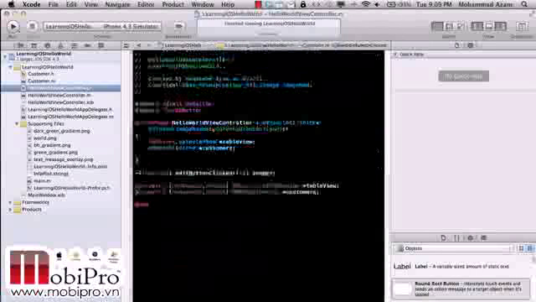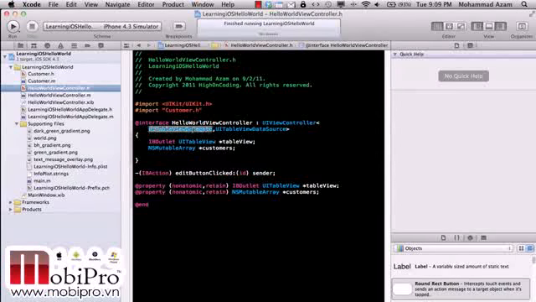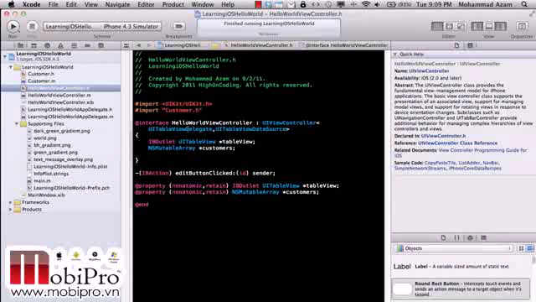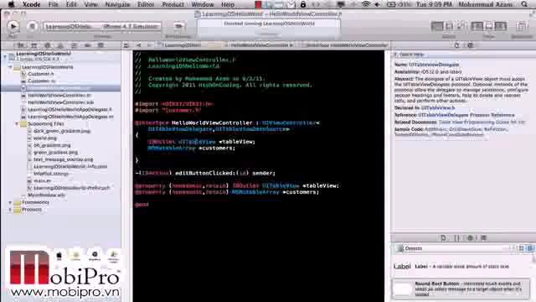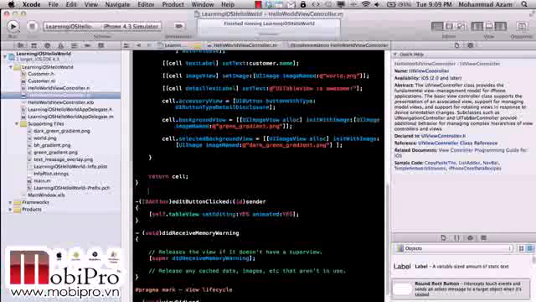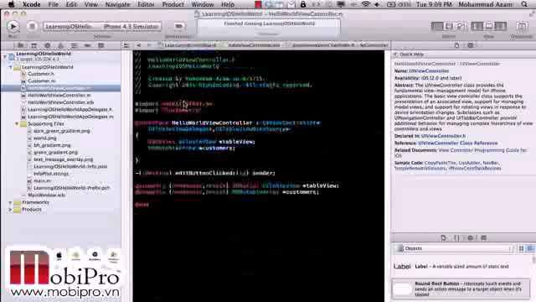One of the things you need to do before you do that is to consume the delegate, which is UITableView delegate. Okay, and that's pretty much it. So now we need to implement the delete function. Okay, so if I go over here